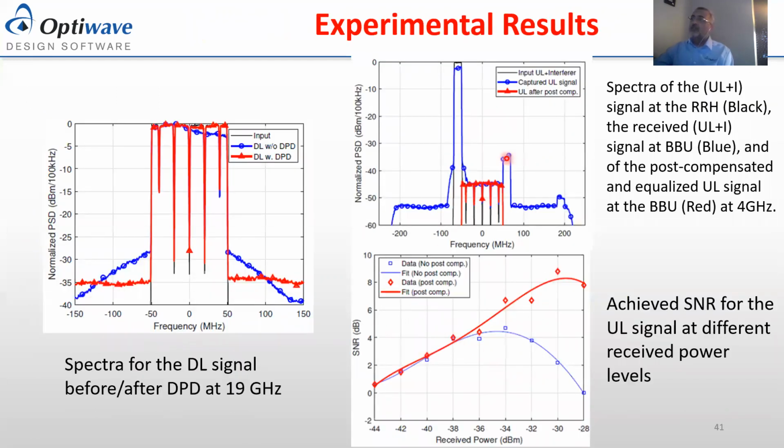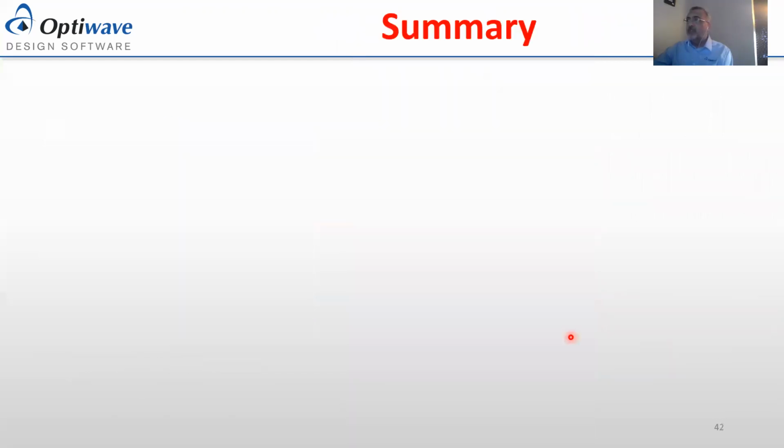And these are the experimental measurements. The main issue here, as you can see, is the improvement of the signal to noise ratio. You can see the signal to noise ratio versus received power, and there's a huge improvement when the power is high. The improvement starts around 36 dBm, and once you reach, let's say, minus 28 dBm, it is about 2, 4, 6, about 8 dB improvement in terms of signal to noise ratio.